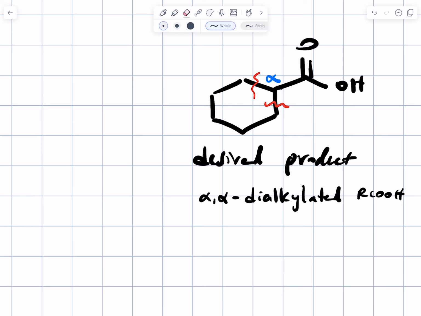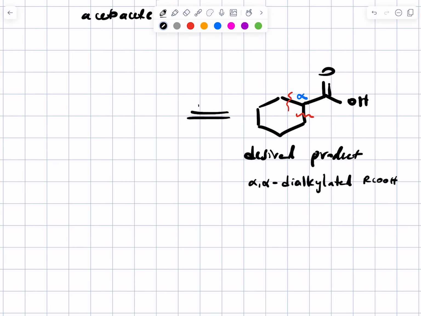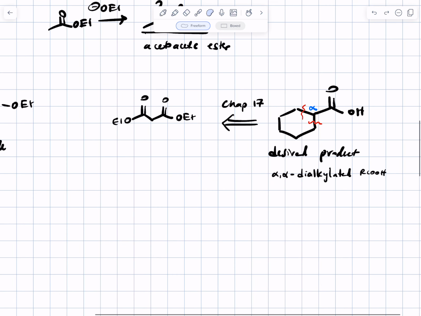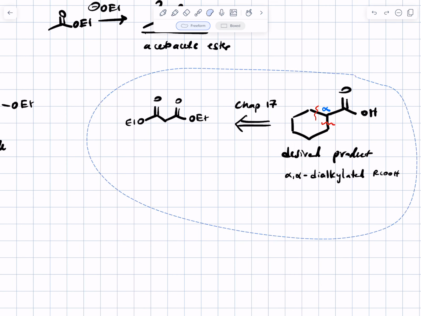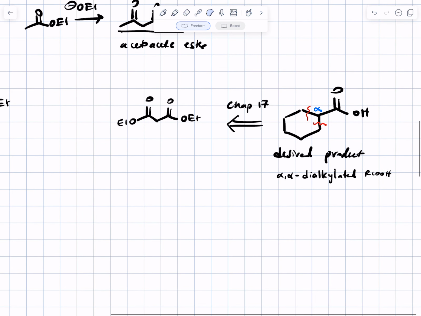So when I see that from chapter 17, the big jump backwards from a retrosynthetic point of view is the malonic ester synthesis. I'm not going to review that today. We reviewed that a couple of times in a previous lecture. If that's still a weak point, come talk to me in my office hours, go look at the lecture video, review the portions of the text. But